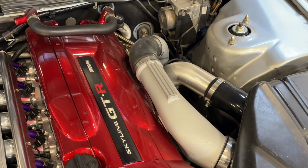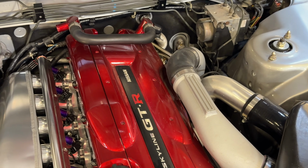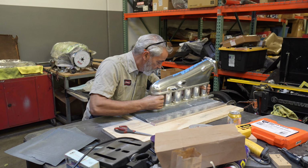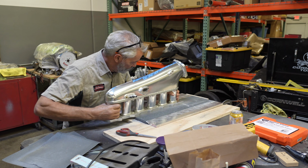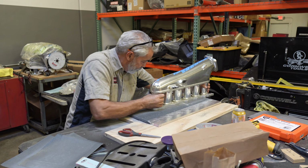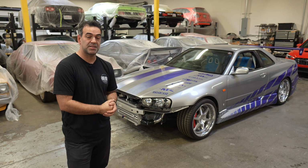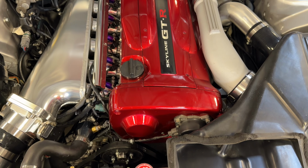Okay, let's confirm again. So put everything back to the way it was, fire it up, shoot some brake cleaner in there, idle changes. He's like, what do you want me to do? Like, I could take it on and off and grind it down until it's level. We could double gasket it, we could throw a ton of RTV on it, and we're like, dude, let's tow it back, take the intake manifold off. We've dealt with this in the past, but